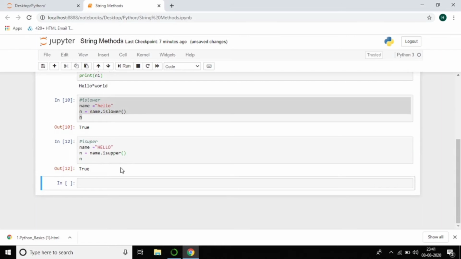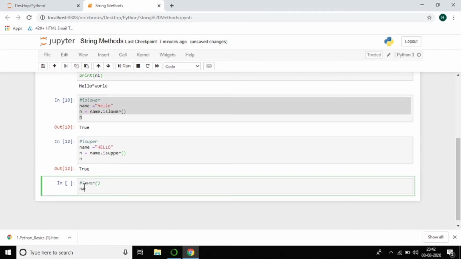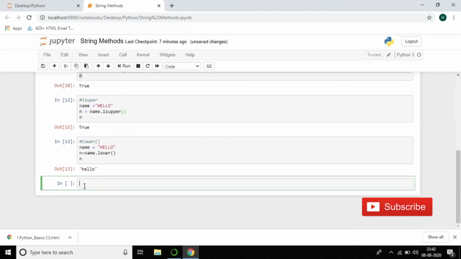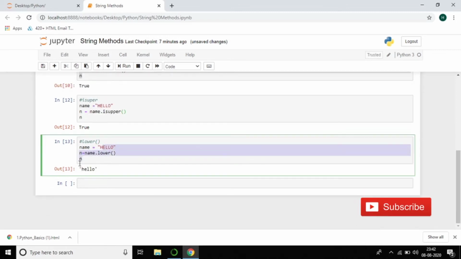Now my task is to convert an upper string to a lower string using the lower method. Create name equal to hello in capitals, which is the upper string. Now n equal to name dot lower, print n, and you can see the upper string was converted to lower string.